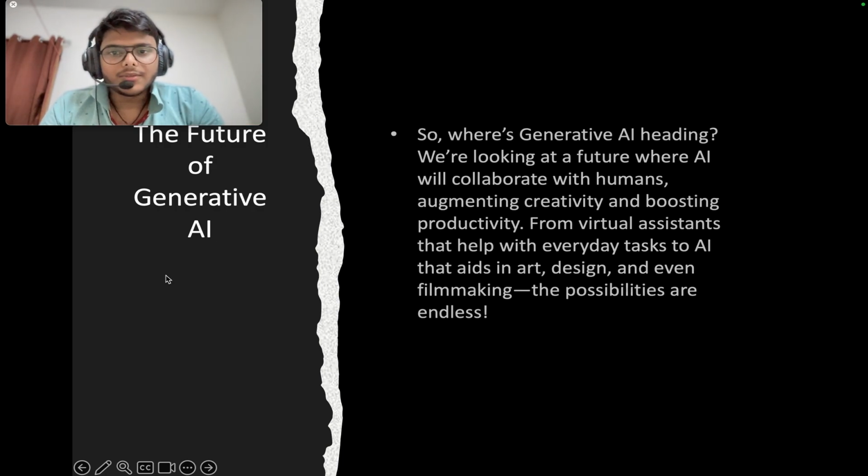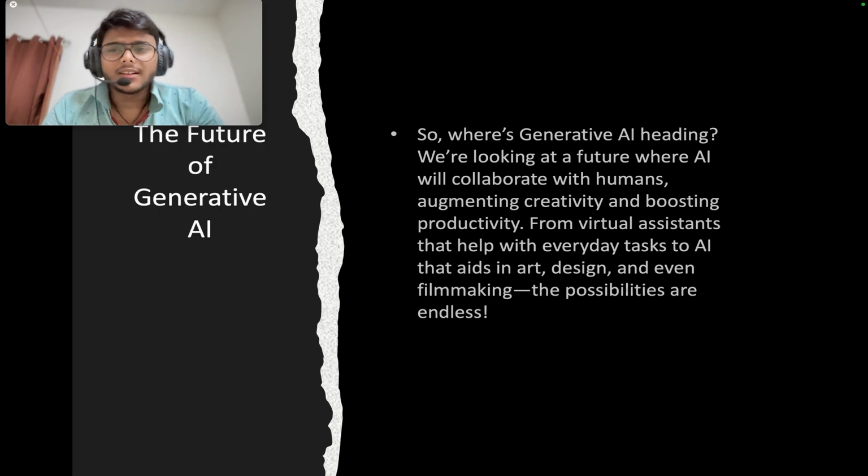What do you guys think will be the future of generative AI? We are already in the future, right? 10 years back, when you asked someone, is there anything that can generate your homeworks, complete your codes, give you codes, they would say, no bro, it was everything the human brain was doing. But now you just give a prompt, you get a result, right? It has become an AI generation already, right? And let's see the future of generative AI.